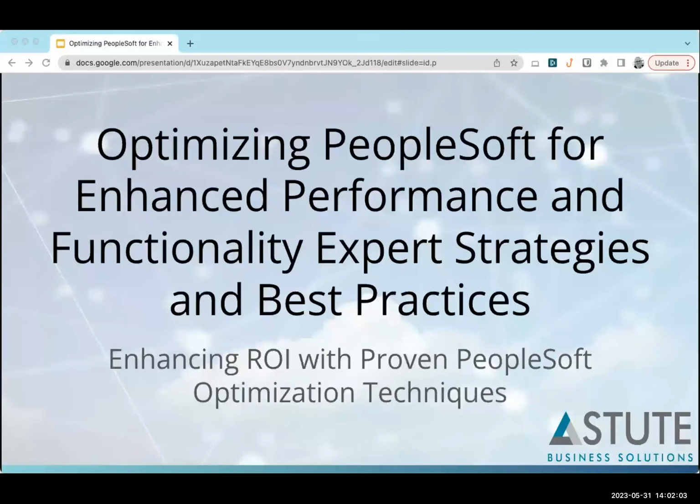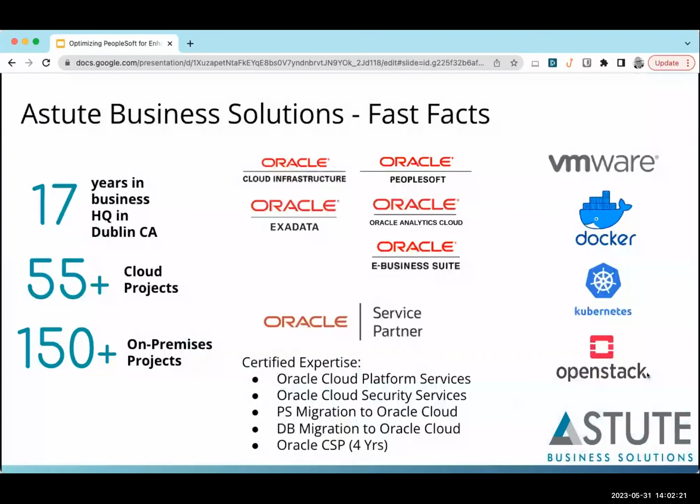Hello, everyone, and welcome to our webinar today on optimizing PeopleSoft for enhanced performance and functionality, expert strategies and best practices, or said a little bit more simply, enhancing ROI with proven PeopleSoft optimization techniques. We're excited to be with you today for part 2 of our webinar, but before we jump in, I want